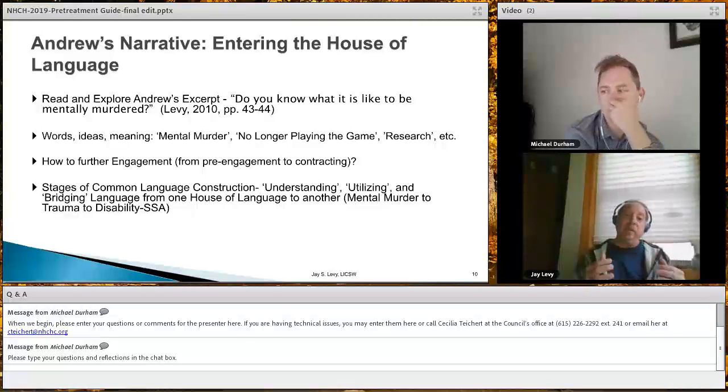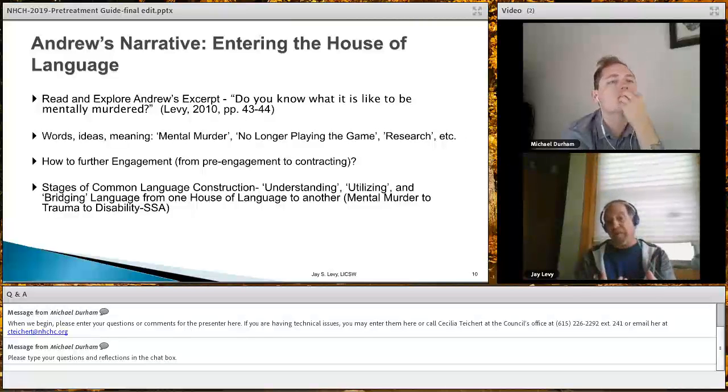And what happened from that is him telling me about his research set up the option of me being able to make an offering back to him, to say, look, I respect your research. That seems like it's very important to you. See, that was his meaning. That was the sense of meaning we're tapping into. And so I made an offer, again, using his term, research,